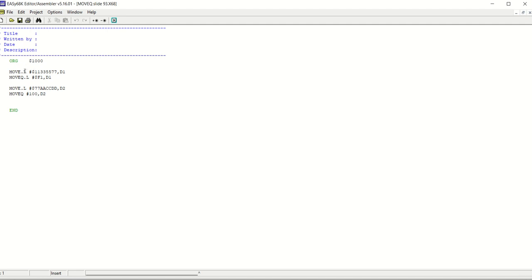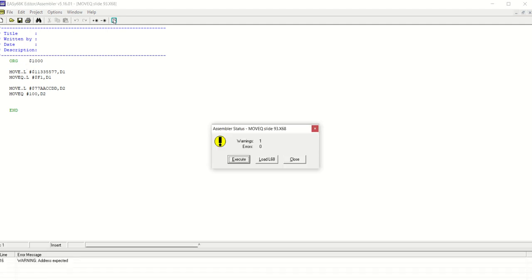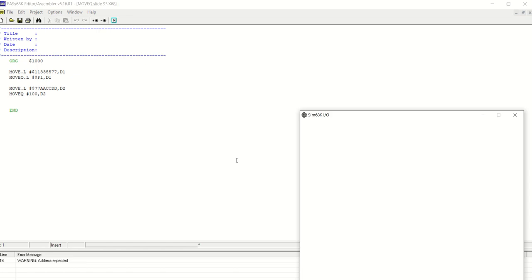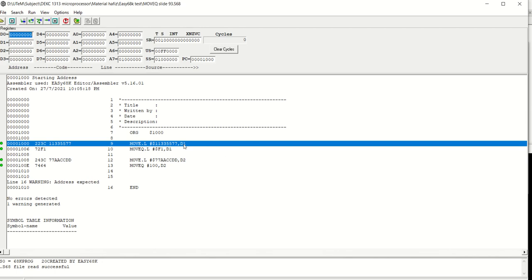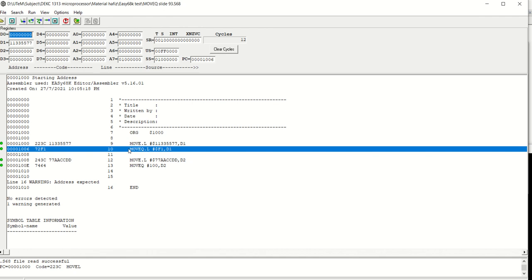Okay, move dot L. So try to execute. D1 will change into this value 11335557, and then move quick the value F1 into D1 dot long.